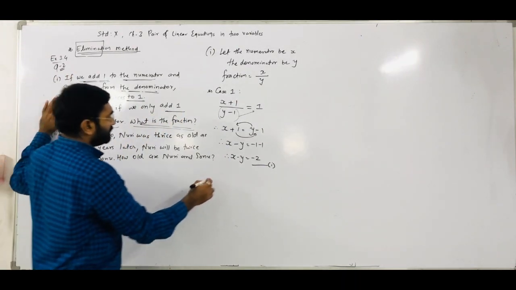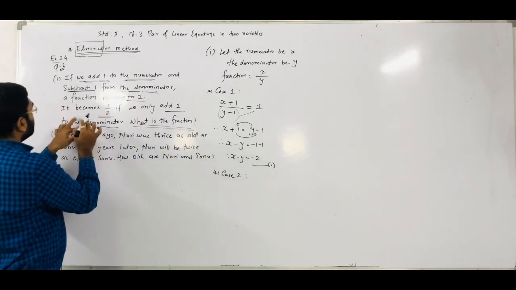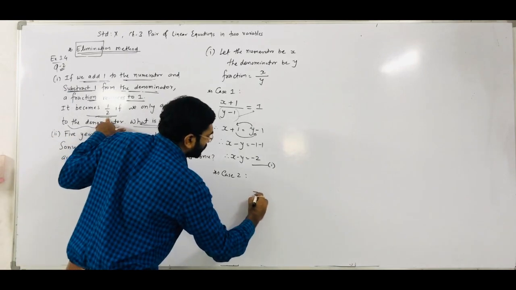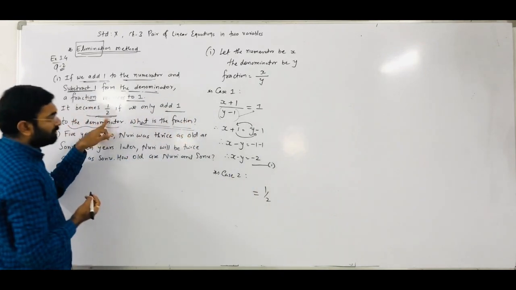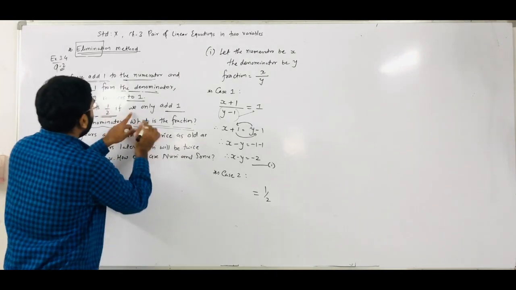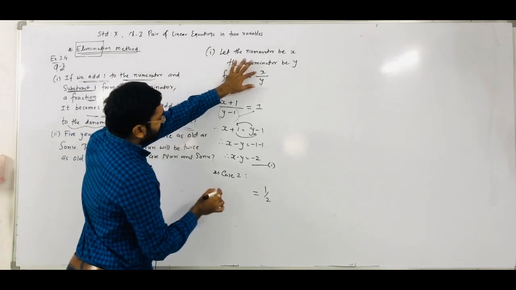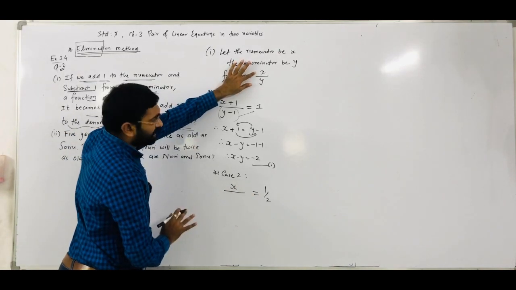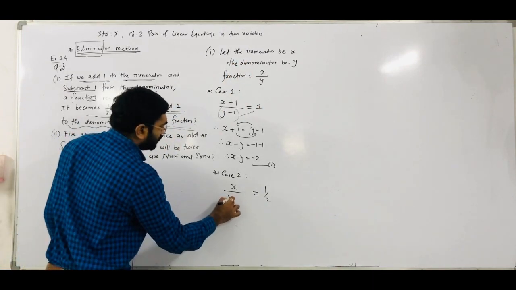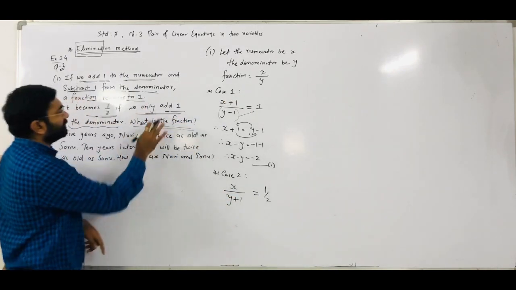Now from the second statement we take case 2, right? So what is that? The fraction becomes 1 by 2. So equal to, the fraction we get is 1 by 2, we have to write. Now when we get the fraction as 1 by 2, we only add 1 to the denominator. So the numerator we have to write as it is. In the denominator we have to add 1. So y plus 1. The denominator is y, to which we have to add 1.